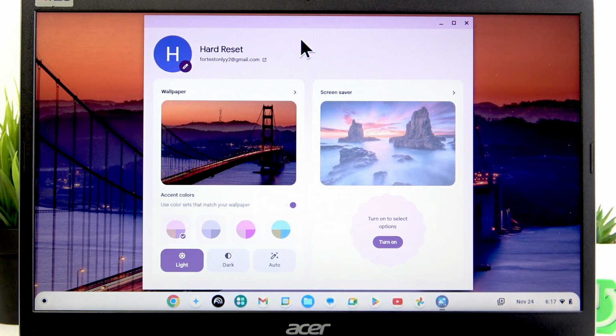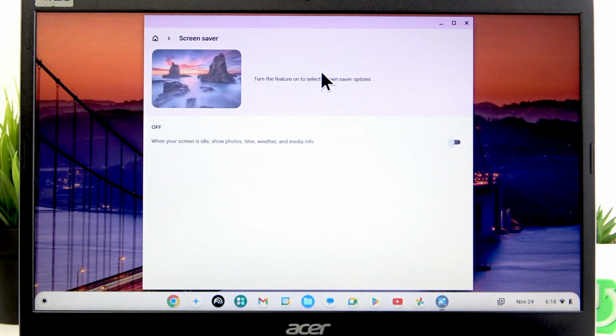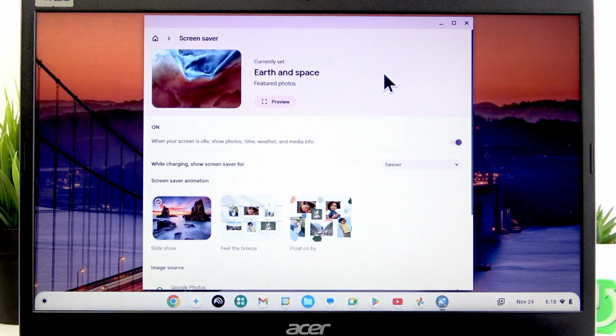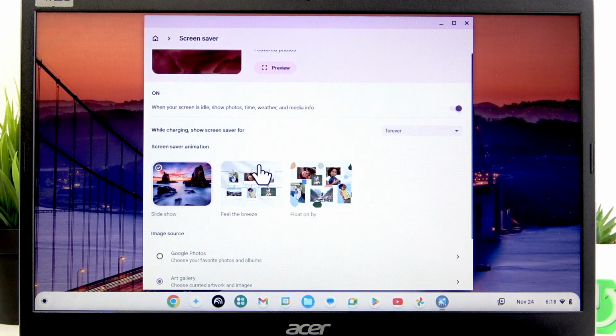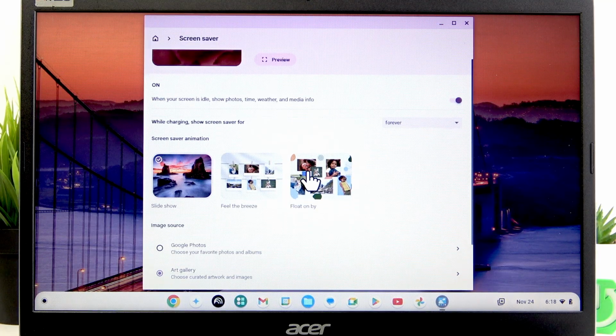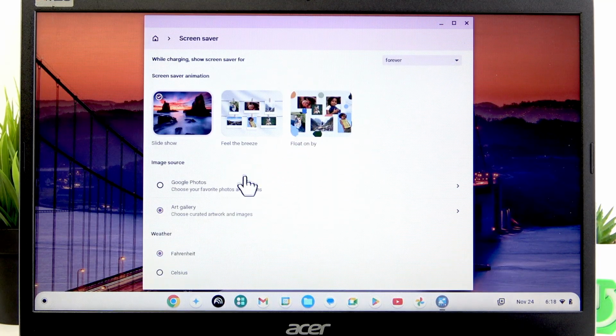The Screensaver is just like wallpaper, except it will be enabled when your device has been idle for some time. So let's also check this feature. In order to enable Screensaver, you have to switch this toggle to the right and then select a topic for your Screensaver. So here we have one animation, which is slideshow, feel the breathe, float on by, and we can